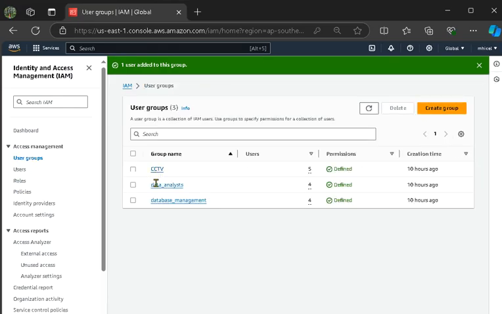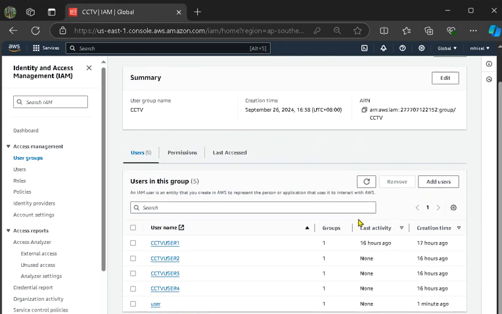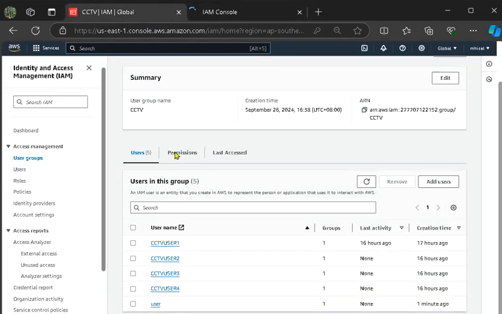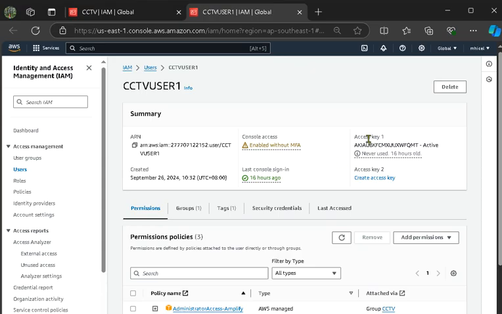And then how I activated the access key in every user: I already activated the access key using CLI.